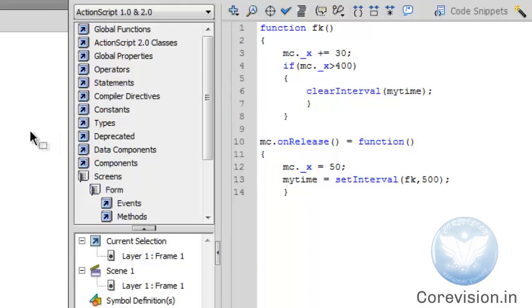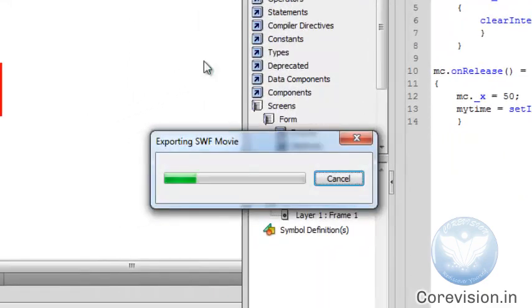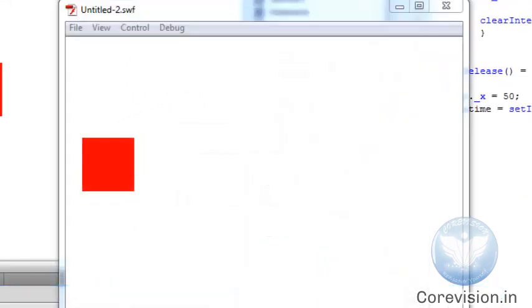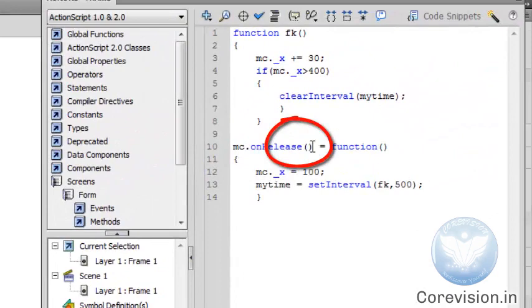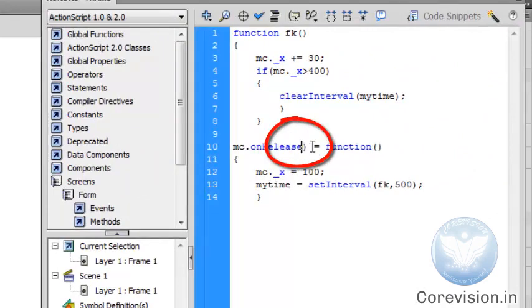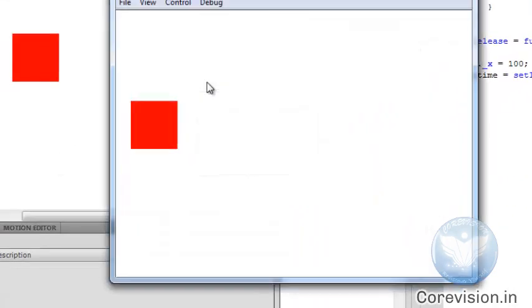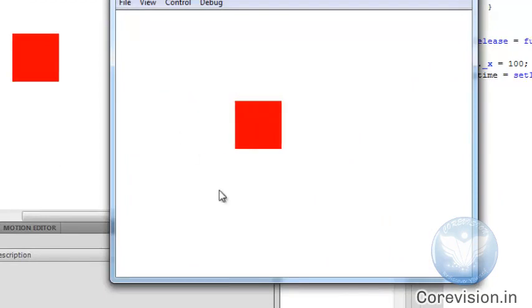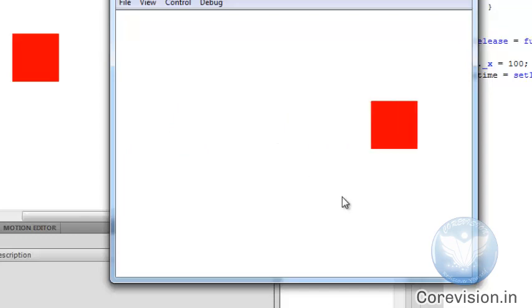Let's test the movie. Press Ctrl Enter for testing. Actually I did a mistake here. We can write like this only, mc.onRelease is equal to this function. Okay, now let's check the movie. Click on it. Yeah, it's moving with interval. Okay,